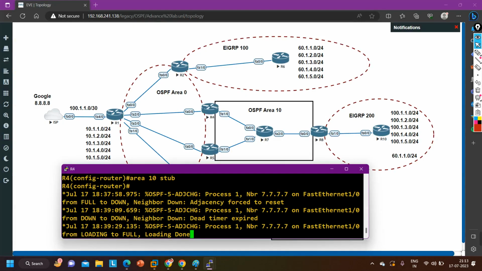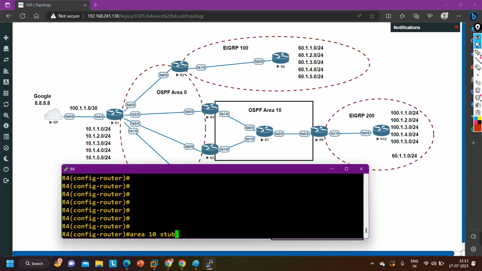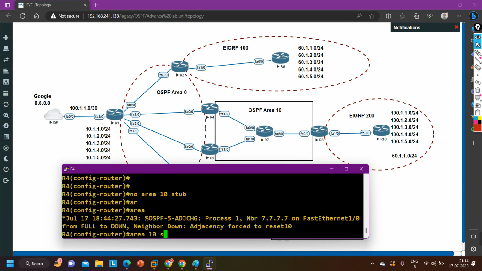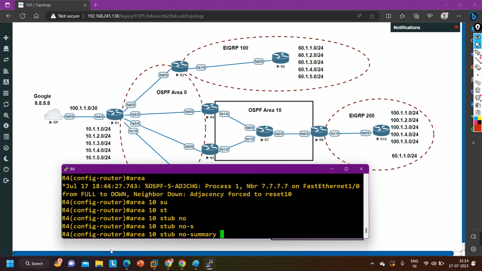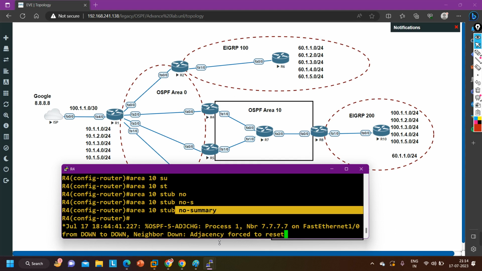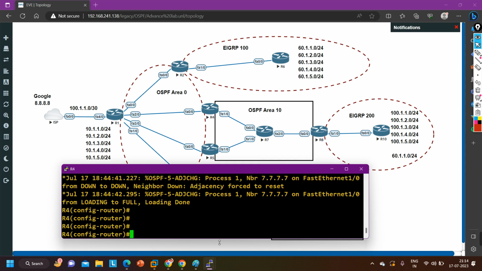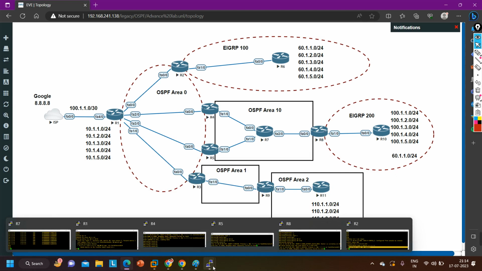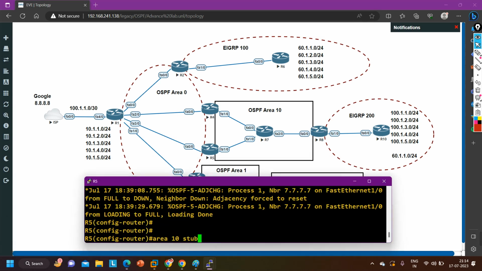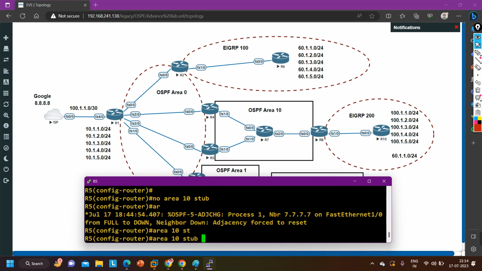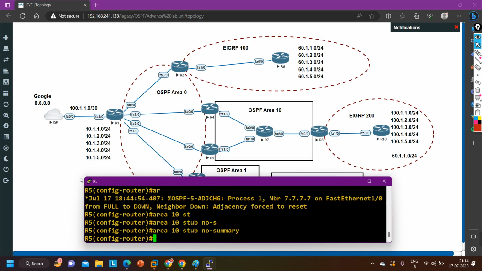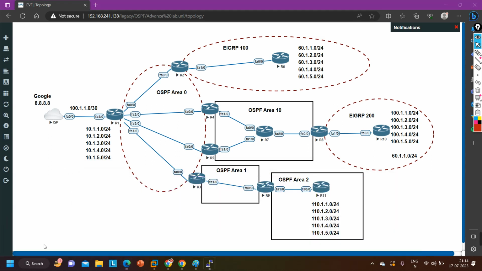On router number 4, let me take you on router number 4, and here I am going to remove this command and say area 10 stub, and after that no summary. This is the command. I am saying filter summary LSAs as well. Done. In the same way I need to configure totally stub area on router number 5 also. So let me remove this command and say area 10 stub no summary. Done. Now after that on router number 7,